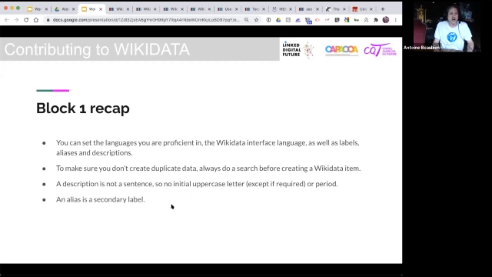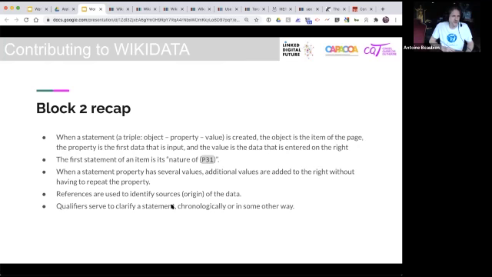We also talked about descriptions: a description is not a sentence, it needs to be very short and precise, and not promotional, but neutral. And we also saw that aliases are a way to add a lot of secondary labels to a Wikidata item. In block 2, we've seen that statements